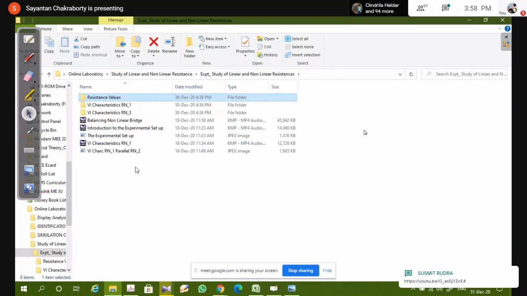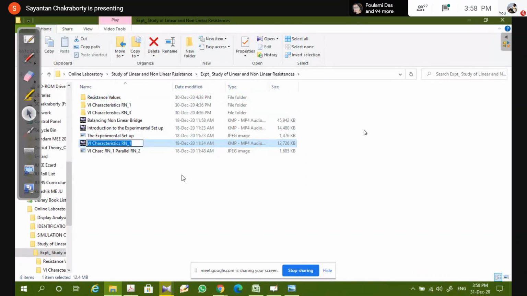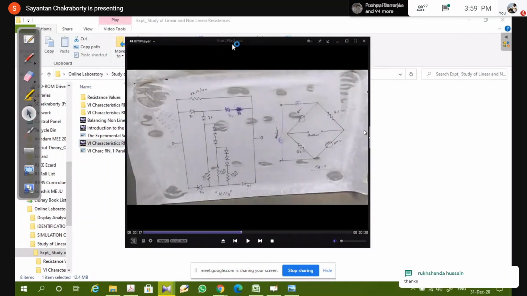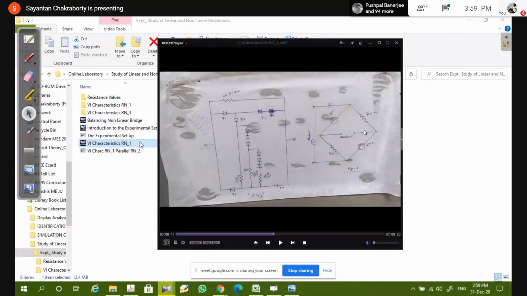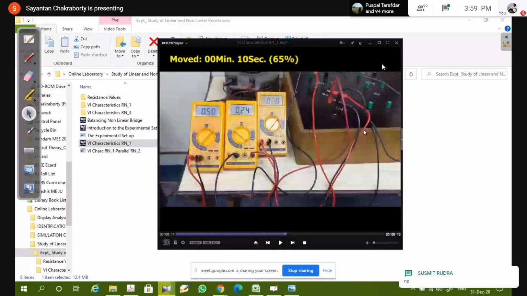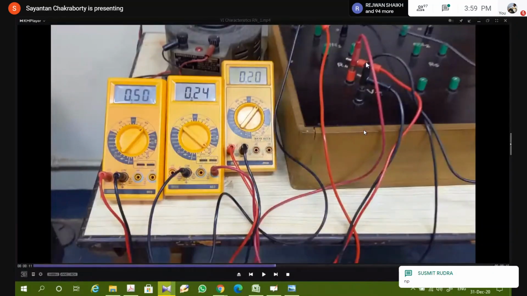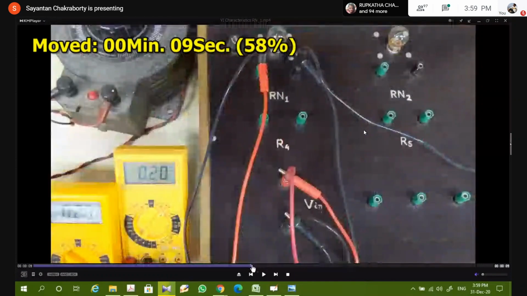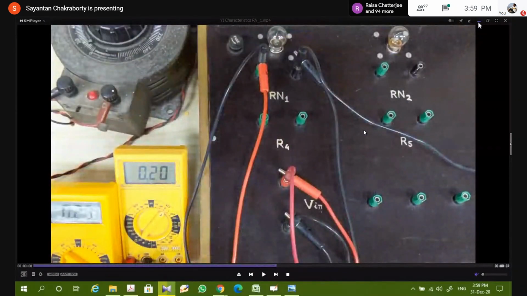Now, once this is done, let us see how we can obtain the VI characteristics. It's a very simple procedure. I think you all know how to obtain a VI characteristics of a resistance. We'll follow that simple procedure itself. There is no complication over here. Simply we'll connect. Let me look at the circuit over here. Rather, I will not show it here. It's a very simple thing. I will just draw it.